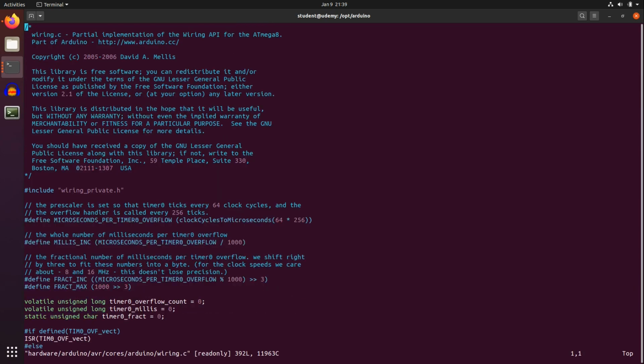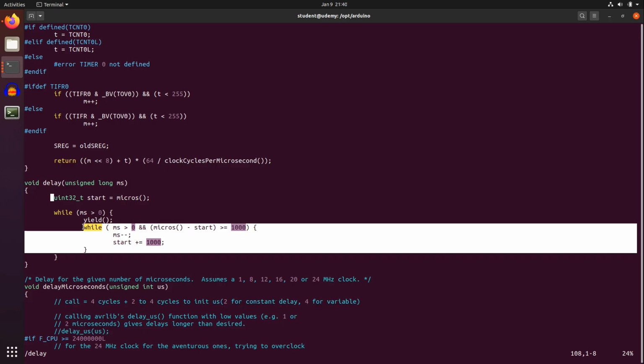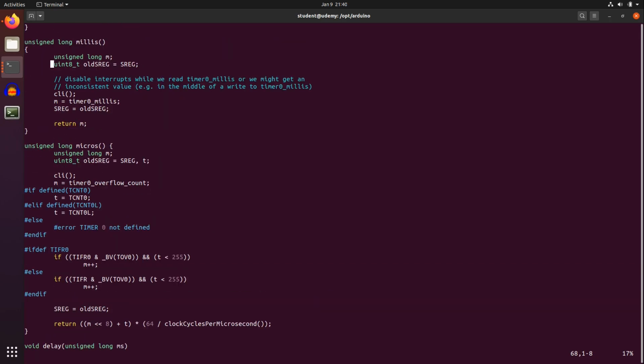Delay, and here it is. What happens here? The micros are executed, and then as long as this is greater than 0, it's yielding. So here is the function call that makes a task yield, while this while loop waits for 1 millisecond. And micros is here,